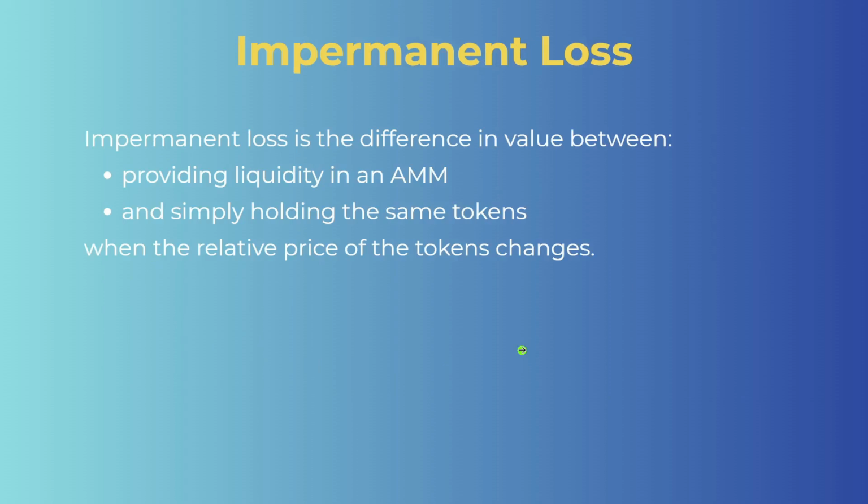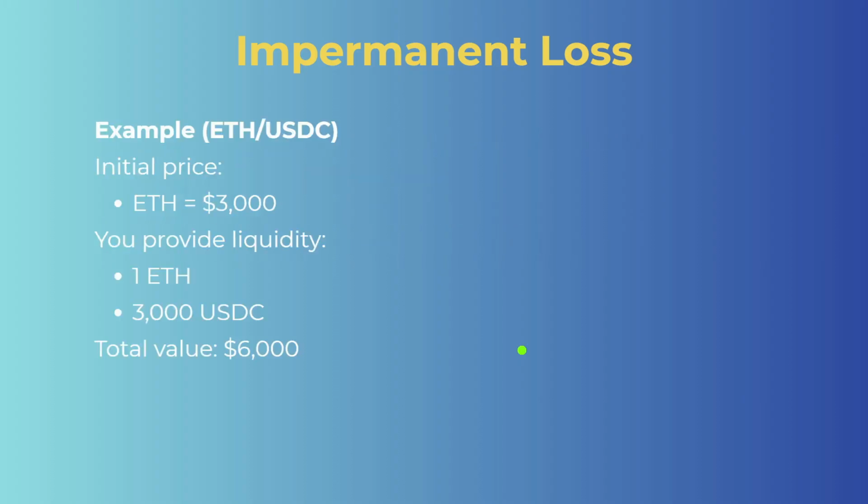Now let's talk about another important concept related to AMMs, which is impermanent loss. Impermanent loss is the difference in value between providing liquidity to an automated market maker and simply holding the same tokens. So when the relative price of the tokens changes, because as we have seen,